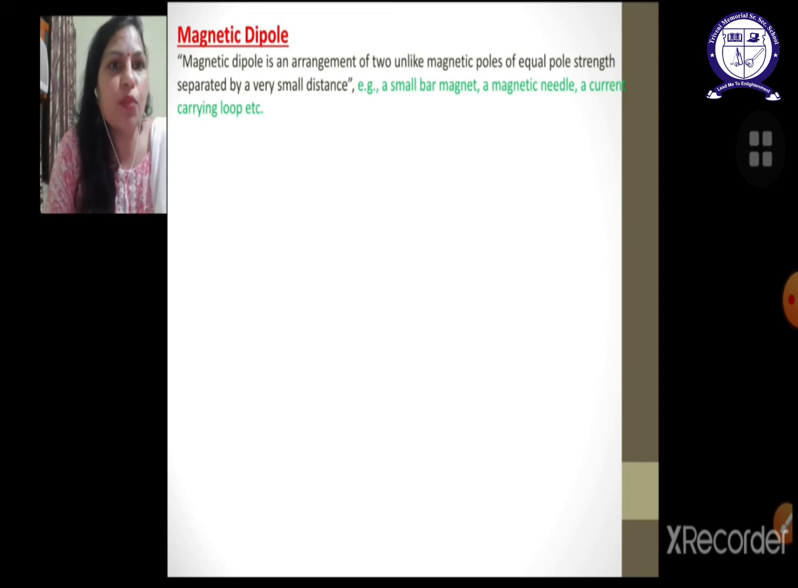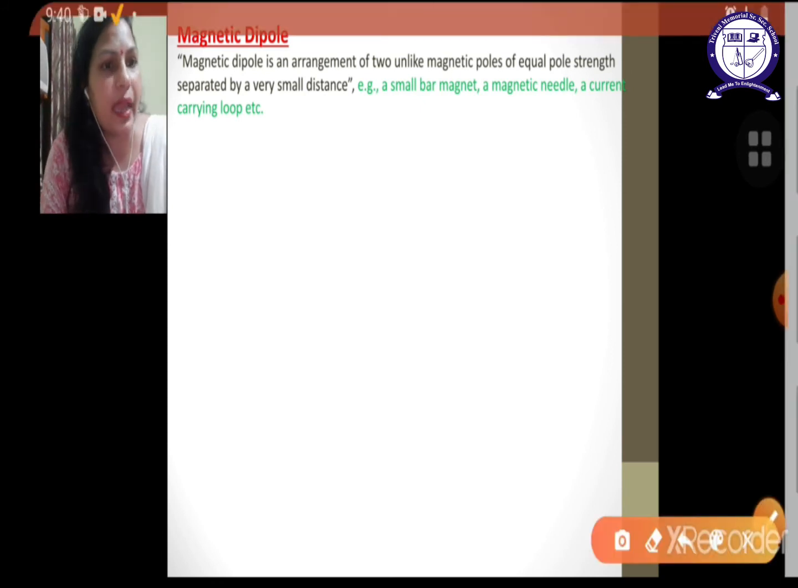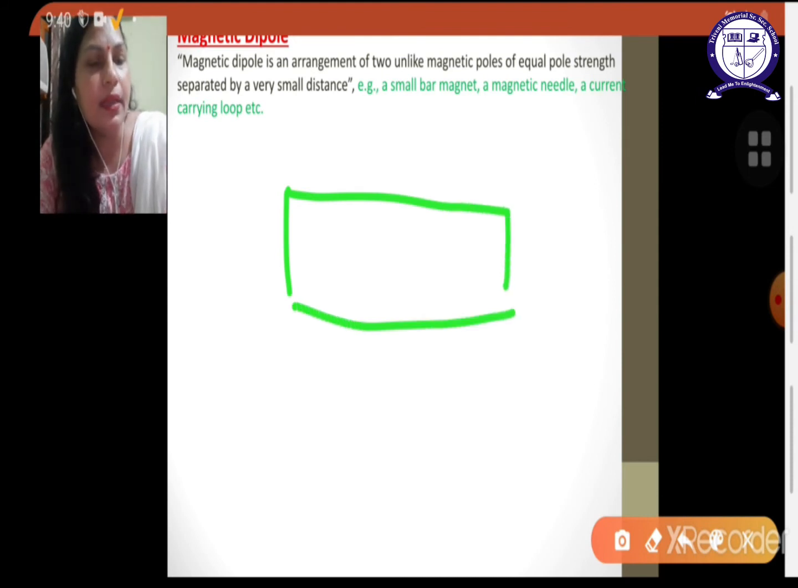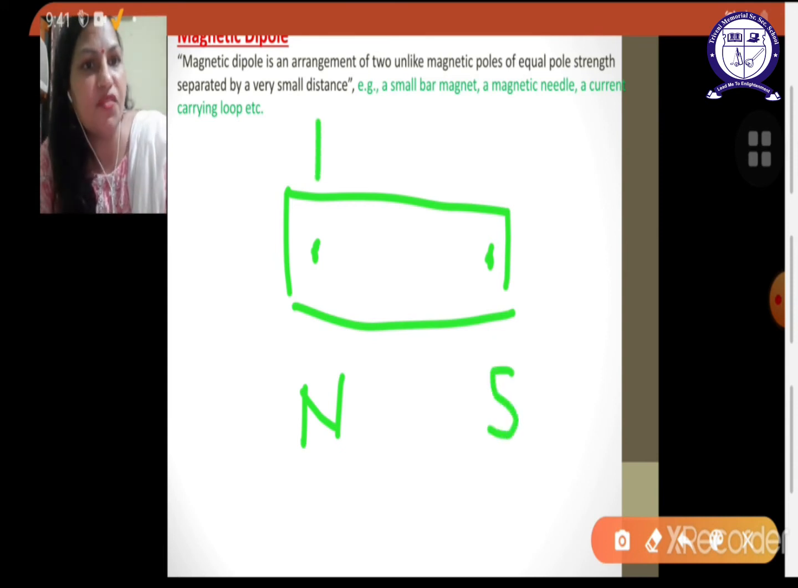A magnetic dipole is an arrangement of two unlike magnetic poles of equal pole strength separated by a very small distance. I wish to make a diagram so that it will be more clear to you. Here you can take the bar magnet. This is the bar magnet, and in this bar magnet you can take one pole here, another pole here. One is the north pole, another one is the south pole, and now these two unlike poles have equal pole strength,